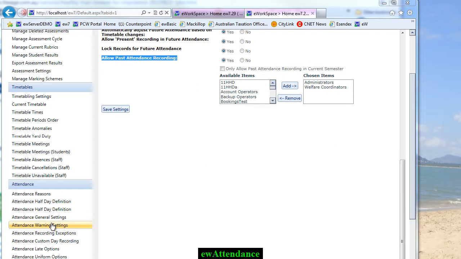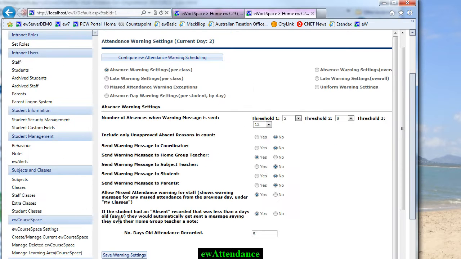One of the main features of the portal is the attendance warning settings. So here we have the ability to automatically notify coordinators and homeroom teachers and individual staff of attendance warning thresholds. So for example, this is attendance warning session settings per class, and there are 3 different thresholds. At this stage it is set to 2, 8 and 12, and basically it just means that when the